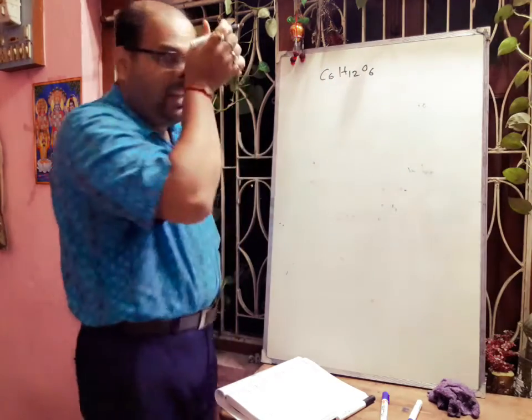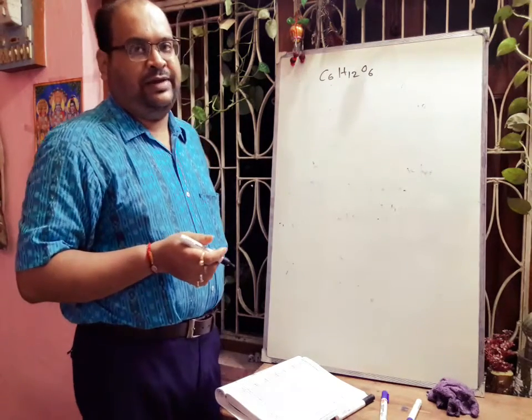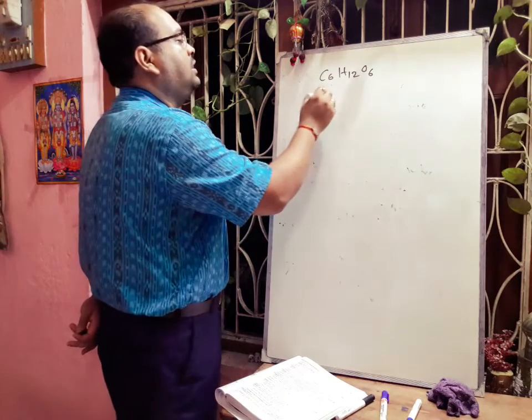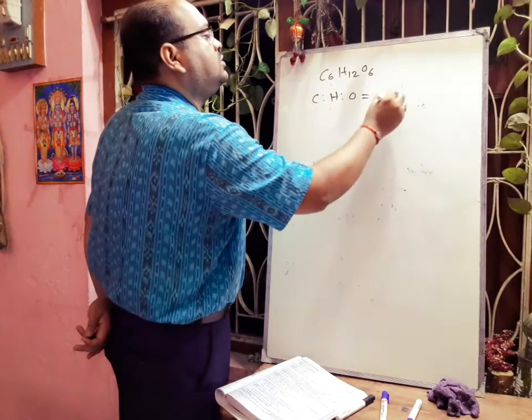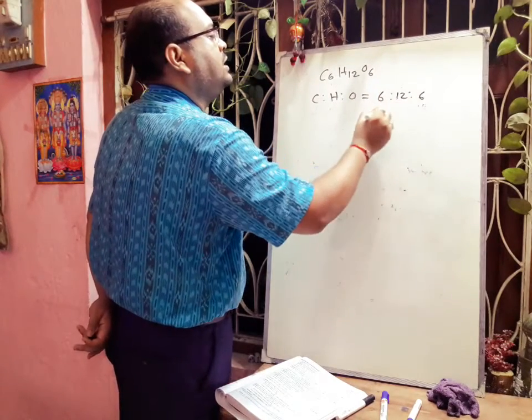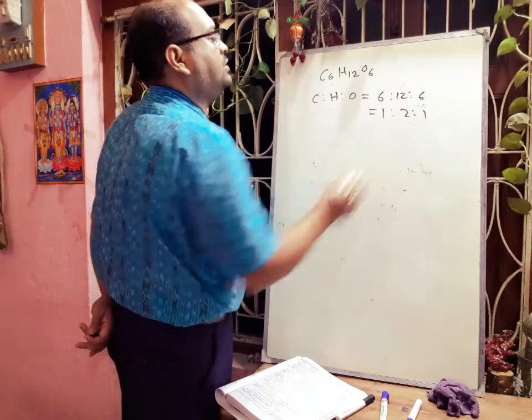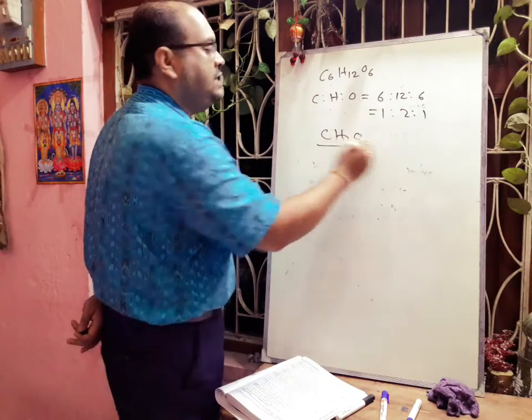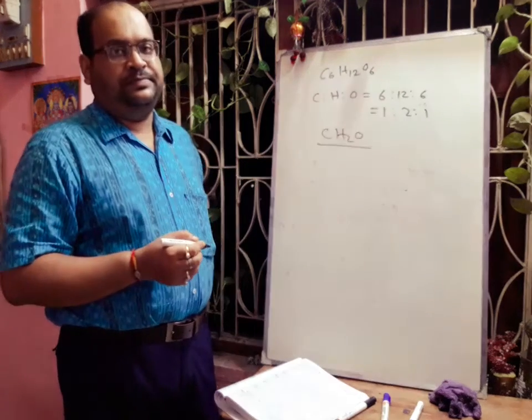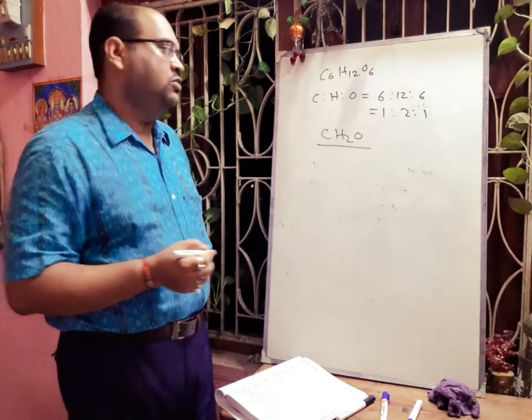Here we have to take the ratio, carbon to hydrogen to oxygen. We will get 6 is to 12 is to 6. That means 1 is to 2 is to 1. So formula is coming CH2O. Now this CH2O is called the empirical